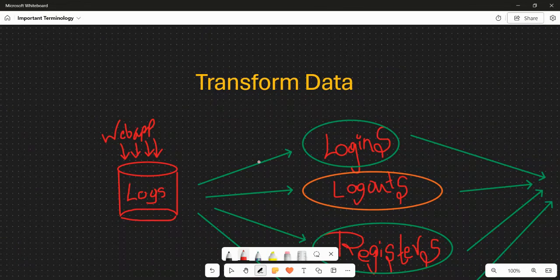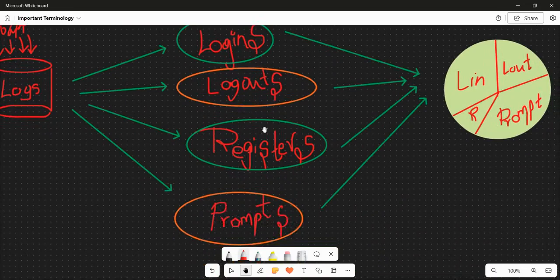So we have to transform this data and obtain something from it. We have to use the data to utilize our use cases, etc. How will we do it? For example, let us record the login logs into one section, logout logs into one section, registers into one section, and prompts into one section. Now aggregate this data into a server like, for example, Grafana or Prometheus, such that we can differentiate them. So after aggregating them, we will get a percentage of how many logins there are, right? For example, 30%, and how many logouts, 20%,